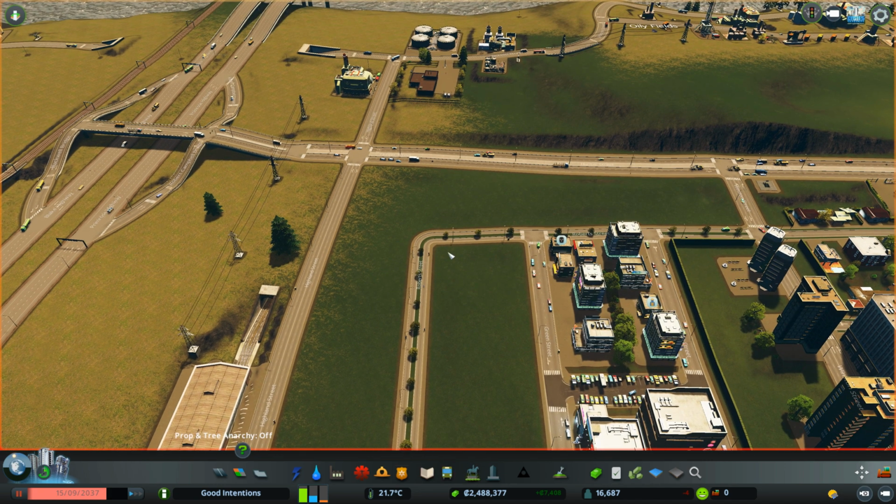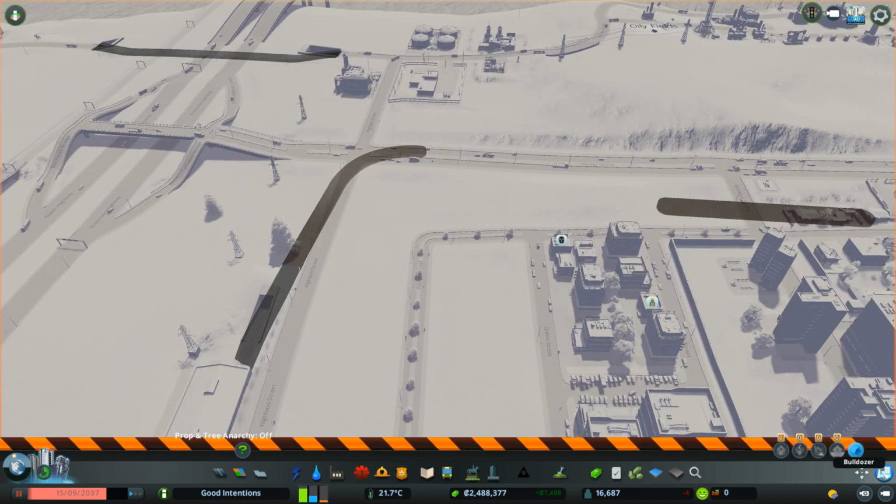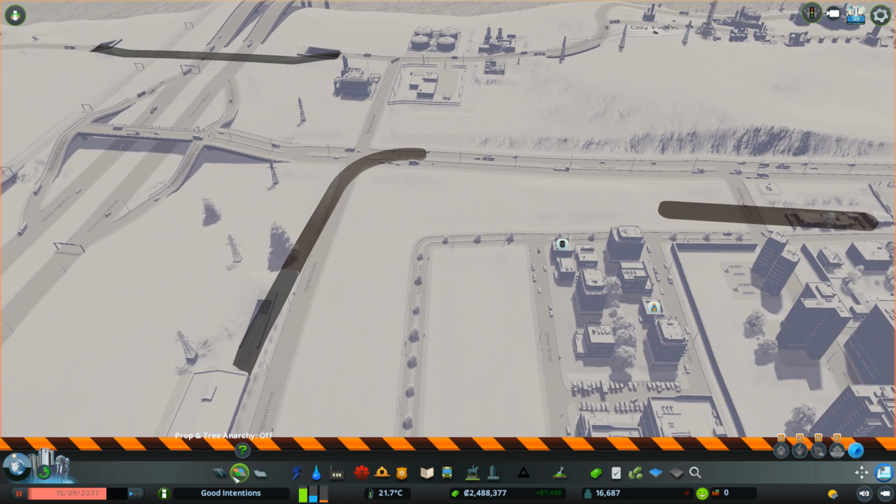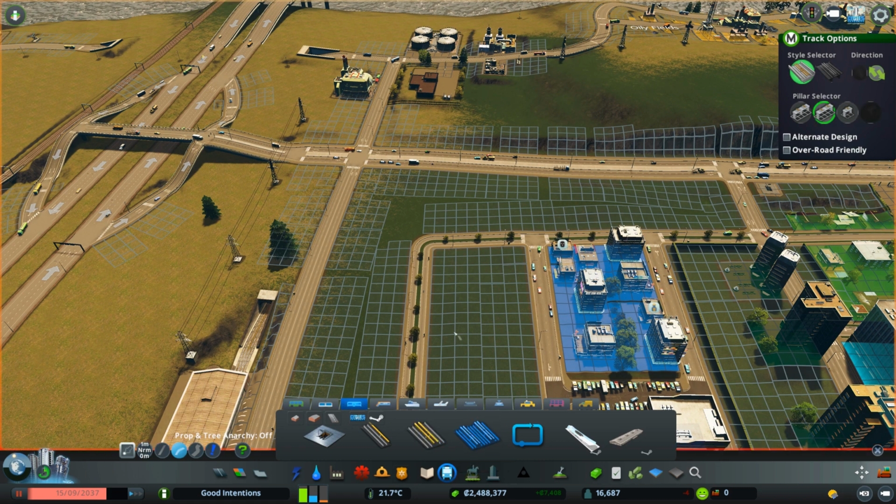And I think there's supposed to be a button to toggle the underground view. Where is it? There isn't one. That's just fine and dandy. There we go. Okay, we got the underground view now. But as soon as we go back here...